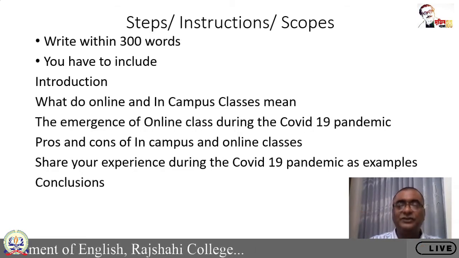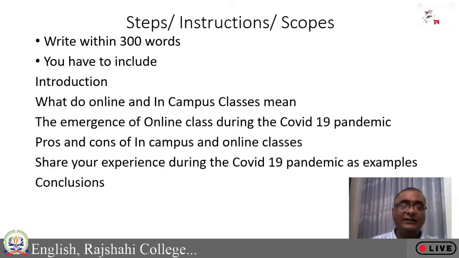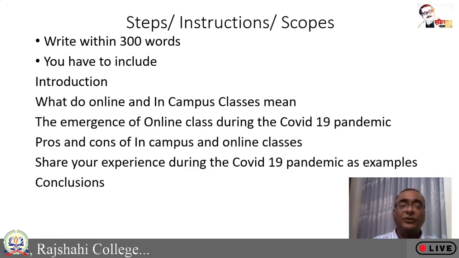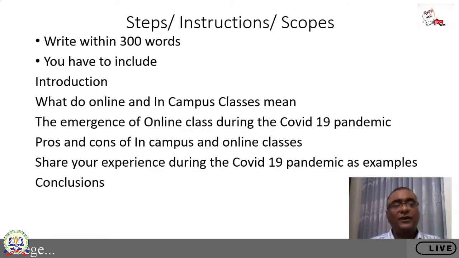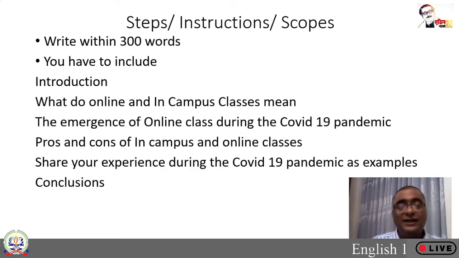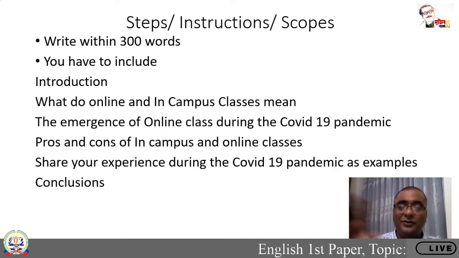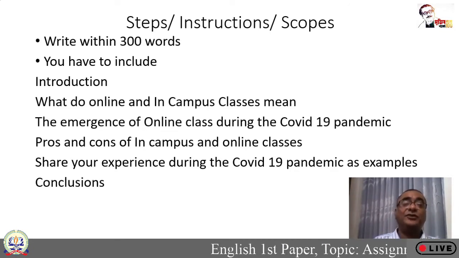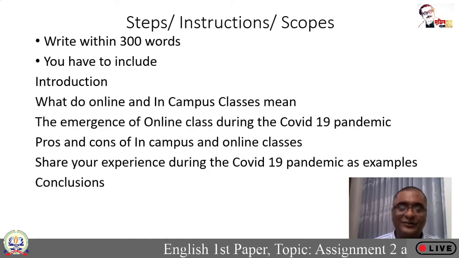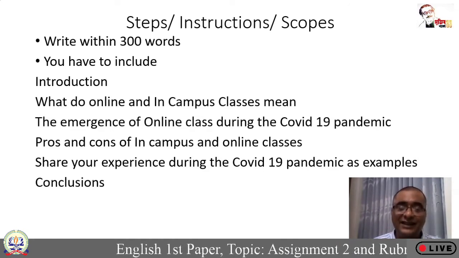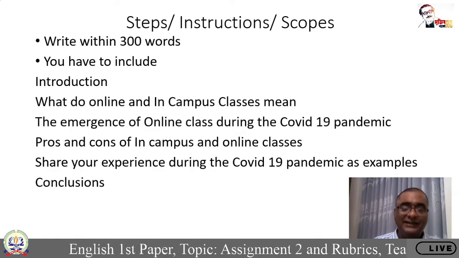There's a kind of face-to-face interaction. And unless there is face-to-face interaction, questions stay unanswered. So, what are the strengths of in-campus classes? The students can interact with the teachers, the teachers can interact with the students, the teachers can find out the problems of the students, and the teachers can solve their problems instantly. There is always the scope of taking tests, giving results, the evaluation system, the examination system,